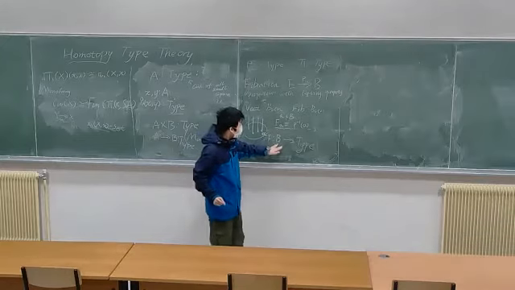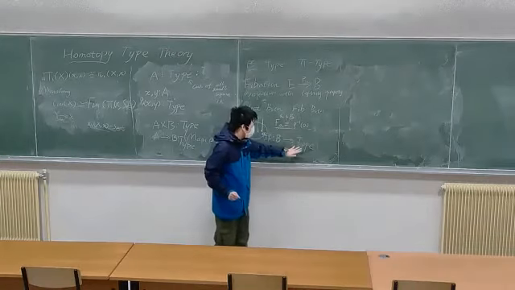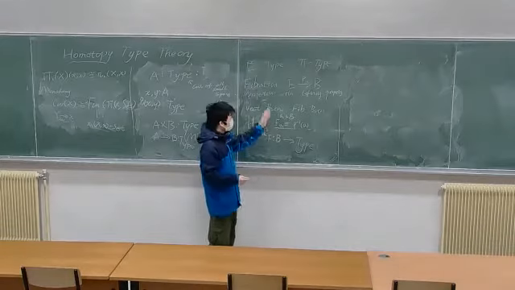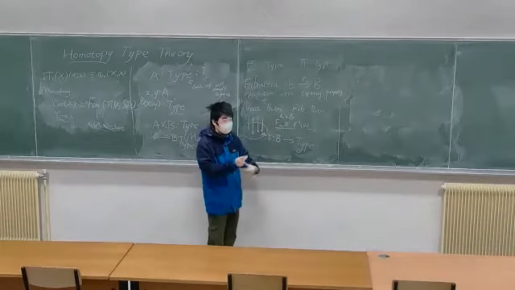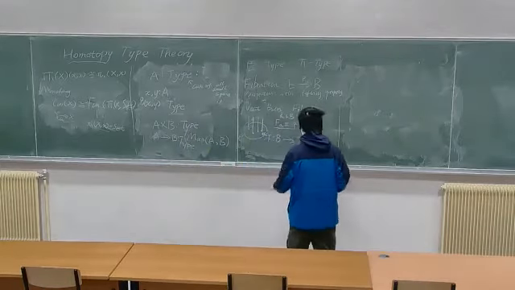So this not only tells you what the fiber is, but also tells you how this fiber twists. Since a bundle will have some twisting between fibers, but we will see later an example of